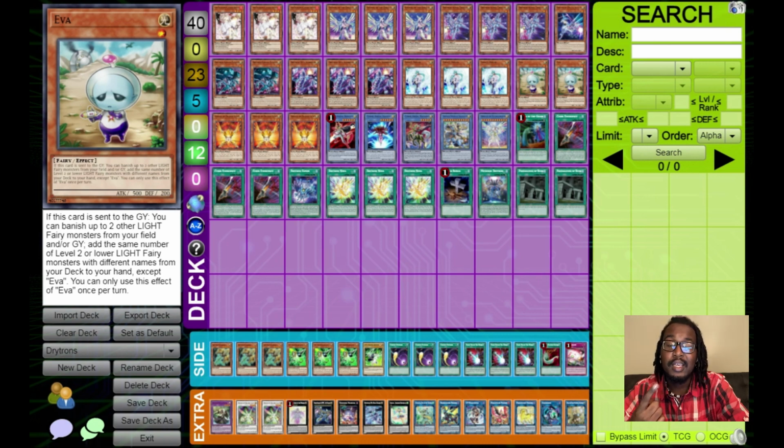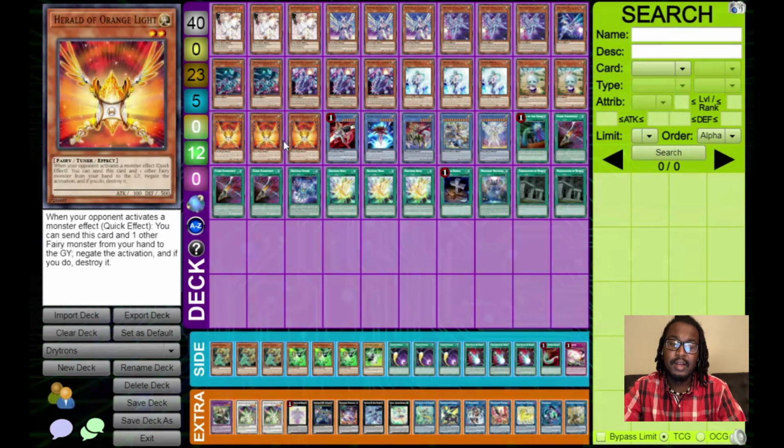First turn, you send Eva to search for a Diviner and an Orange Light, and then on your opponent's turn, in their standby, you send another Eva to search for another Diviner and another Orange Light, so that gets you 4 negates off rip from the full combo. So that's why you play 2 of that, and you obviously got to play 3 Orange Lights. It's a